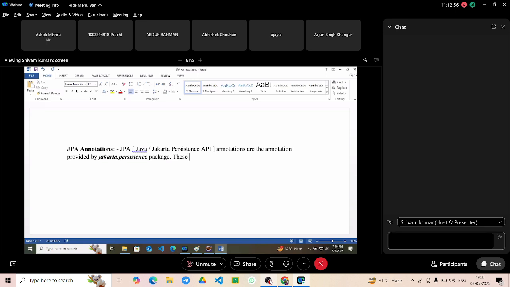These annotations are used to simplify the database access. To simplify the database access,